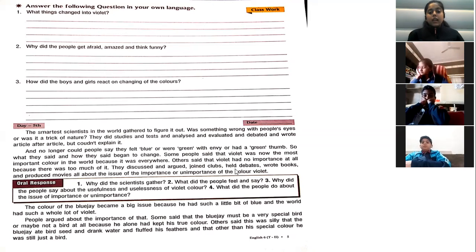They discussed and argued, joined clubs, held debates, wrote books and produced movies about the issue of the importance or unimportance of the color violet. How did people react to this? They joined clubs to discuss why the world is turning violet. They held debates, meaning discussions, on whether violet should be there or not, whether it is good or bad for us. They wrote books on it, about why this happened, and produced movies about it. There might be a time when a movie is made on corona too, since corona is such a popular topic right now, that there can be a movie on corona, right? So similarly, when this situation happened and the whole world turned violet, there were movies about this. Okay, there were movies about